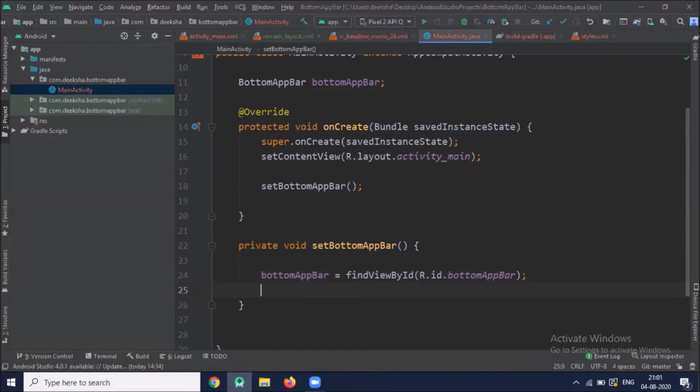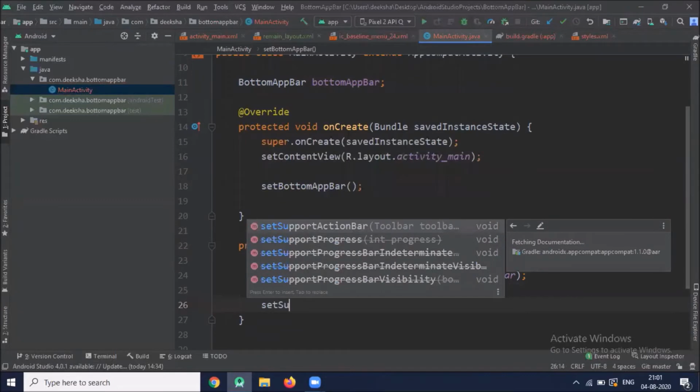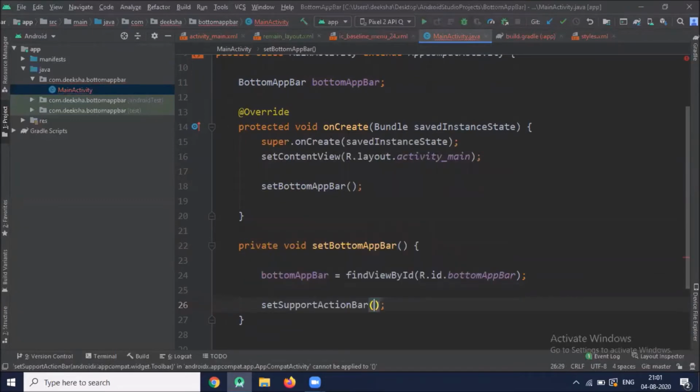Now we set up bottom bar to action bar as it is similar to toolbar. So here we use method setSupportActionBar, and here we pass our bottom app bar.